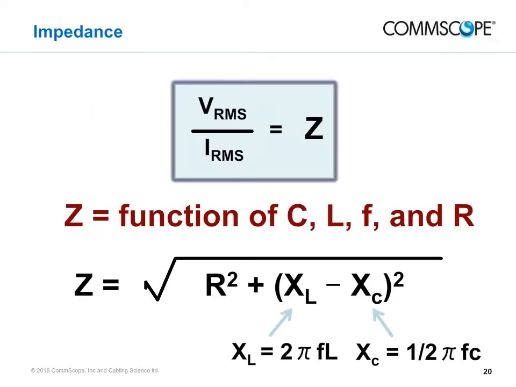Impedance is a measure of the restriction of current flow in an alternating current circuit. Resistance is a subset of impedance that applies to circuits where only direct current is flowing. Impedance is calculated as the ratio of the RMS value of a voltage across a circuit element to the RMS current amplitude through that circuit element. RMS stands for root mean square, which is a mathematical procedure to find the average value of the alternating current